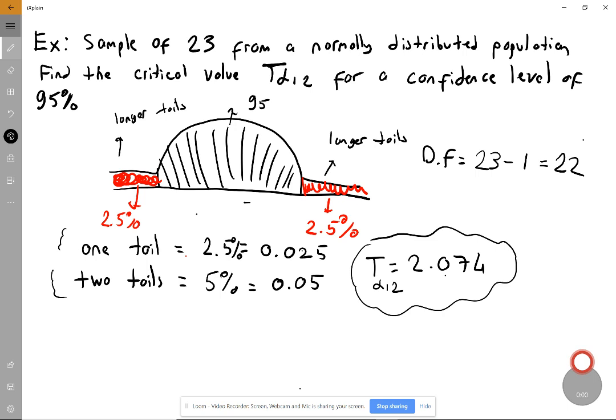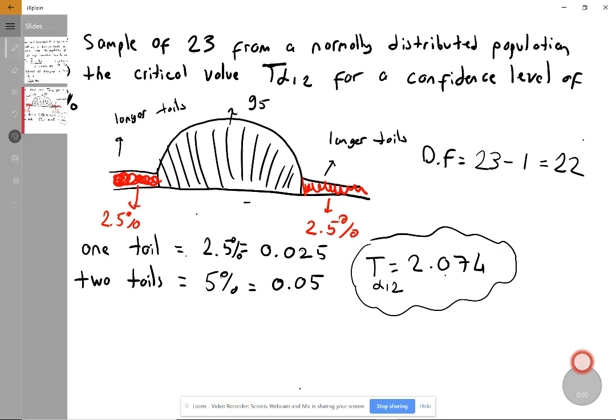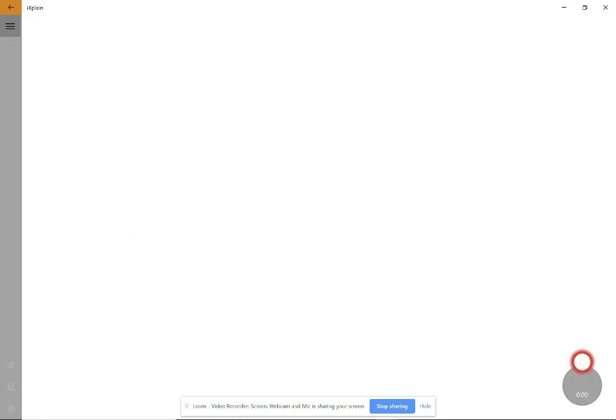We understand how t-test works. Let's just apply the t-test to find the confidence interval for any given average or any given mean. All right, so how do we calculate? Let me open a new page. So how do we calculate the margin of error for this? Margin of error is going to be equal to